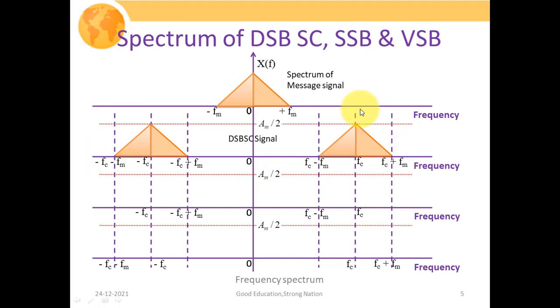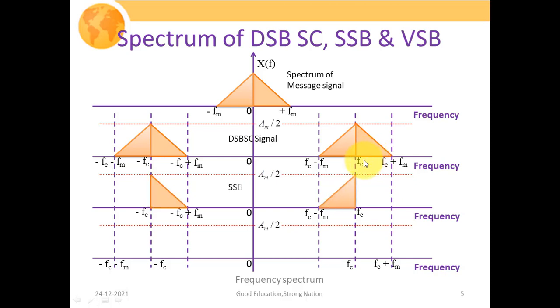Now this second figure is showing the frequency domain version of the double sideband suppressed carrier systems. Here the bandwidth requirement is nothing but your maximum frequency component minus minimum frequency component, that is, Fc plus Fm minus times of Fc minus Fm. So here the bandwidth requirement of your double sideband systems will be equal to twice of Fm, and this is showing the negative frequency counterpart of this double sideband suppressed carrier system.